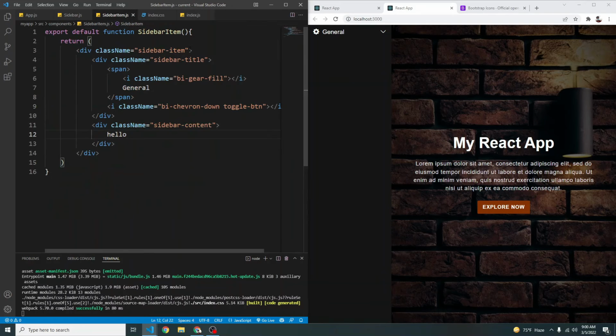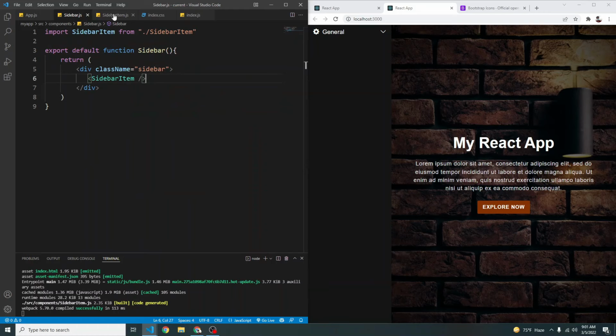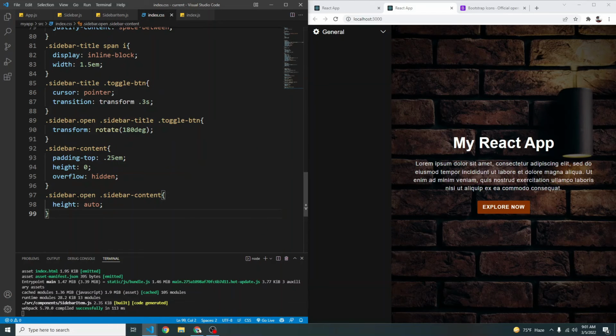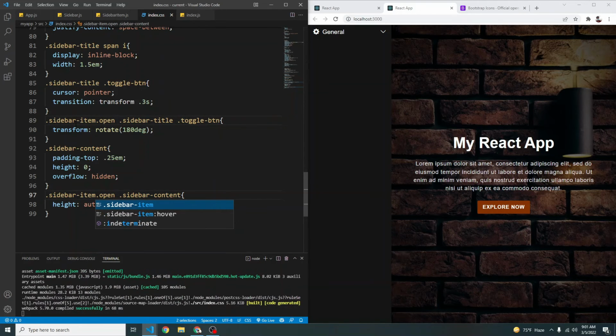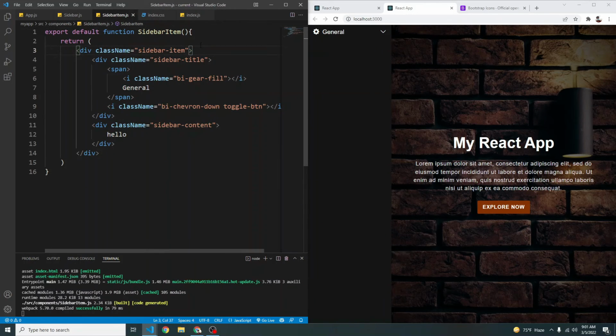So let's go to our sidebar. So here if we had a class of open, okay, here in our CSS it should be sidebar item, not just sidebar. So let me just select both of them and say sidebar item. So save. As you can see now it is facing above and the content is visible. If we were to remove this, so by toggling the open class